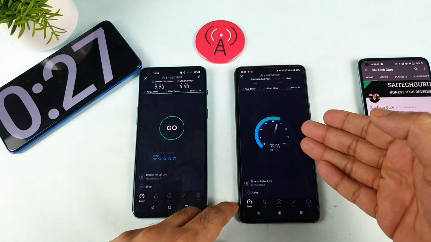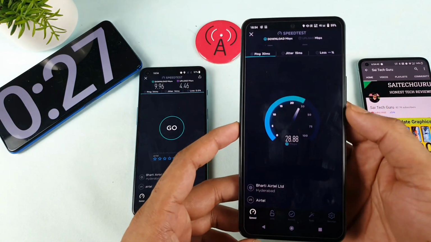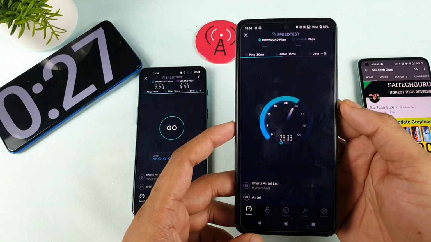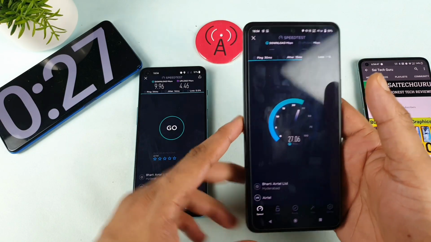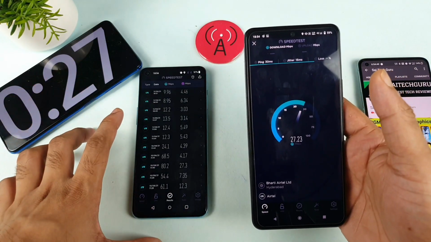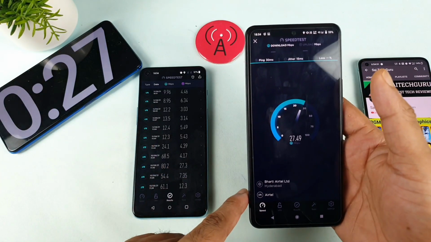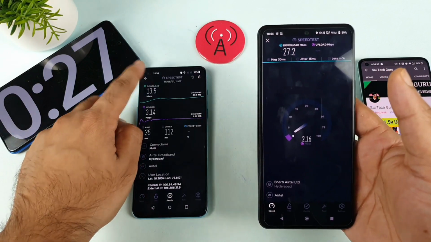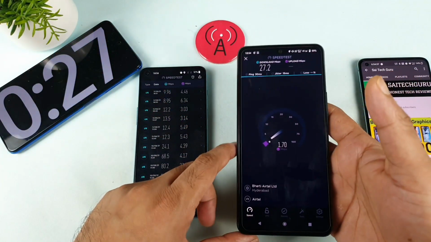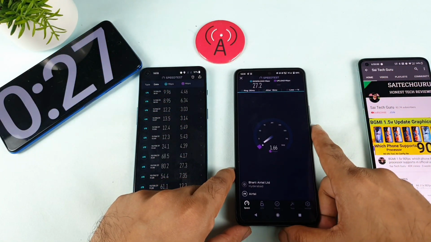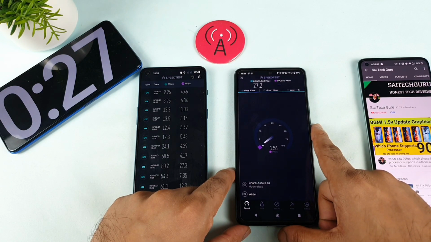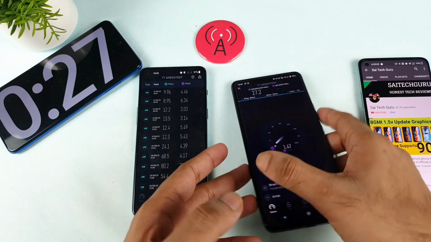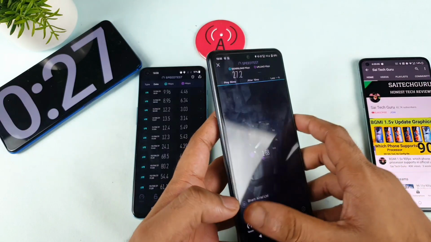Wow, 26-30 Mbps of speeds. These are extreme indoor conditions, friends. Extreme indoor conditions. The highest the OnePlus Nord 2 reached with this kind of Airtel SIM, I think, was close to maybe 13.5. Yes, 13.5 is the highest it reached in my location. Wow, 27.2 speeds in this iQOO 7 device using the same SIM card.